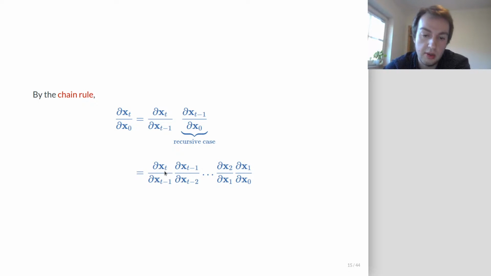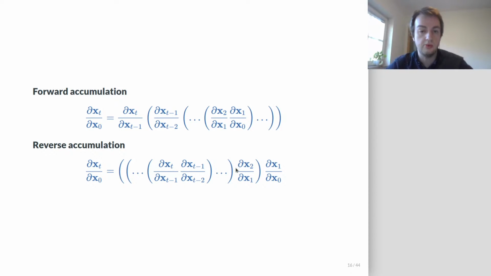Okay, so now we have re-expressed our problem of trying to compute this Jacobian as a product of matrices, right? And so we have a bunch of matrices, and so there are several ways we could try to compute this product. And so two ways to do it, but of course there are more, would be to